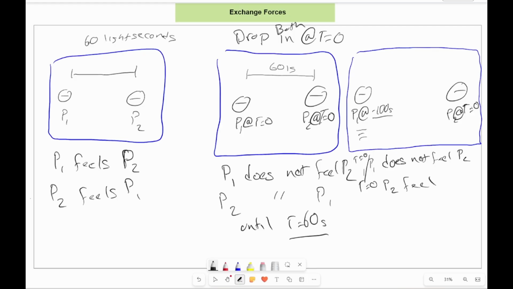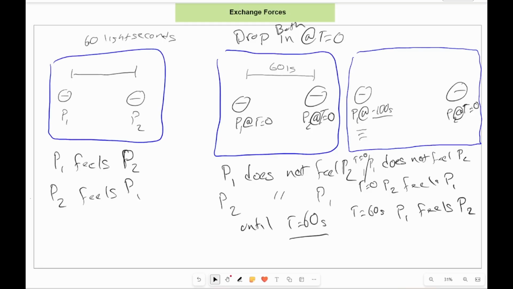I want to say that P2 at t, as soon as it's dropped in, is going to feel P1. Right? And then at t equals 60 seconds, P1. Okay, so what I'm saying with all this chicken scratch is that the knowledge of P1's electric field needs to